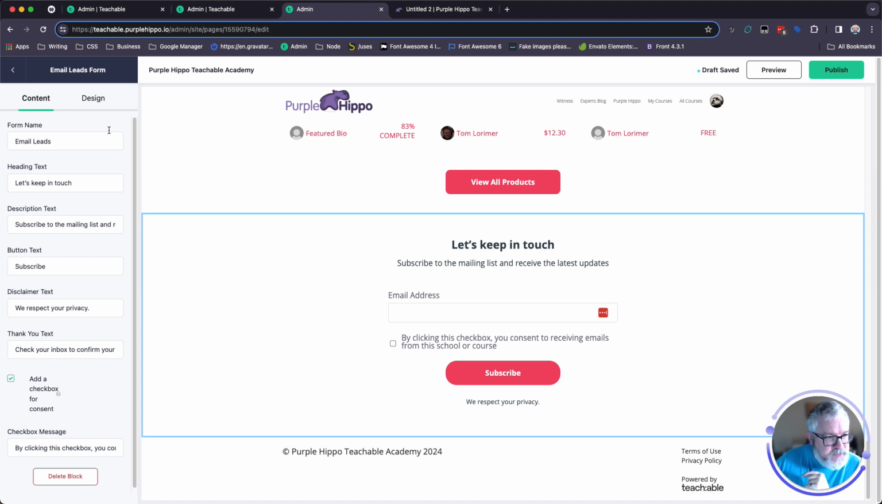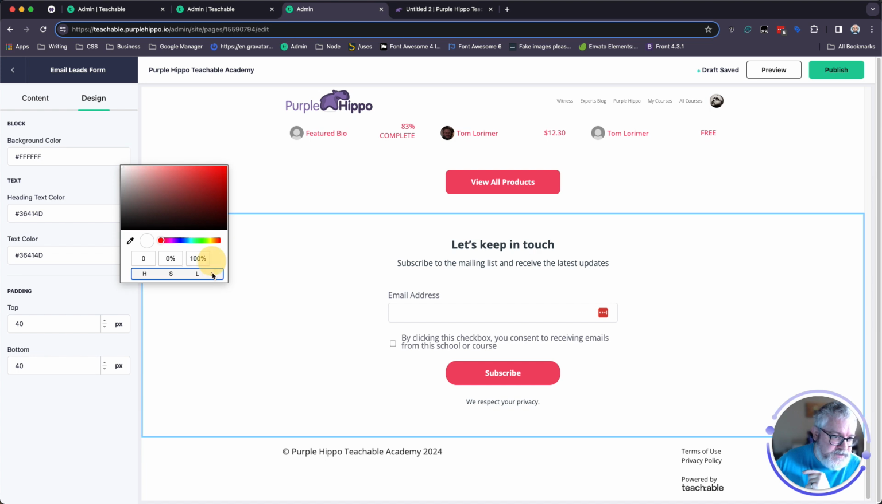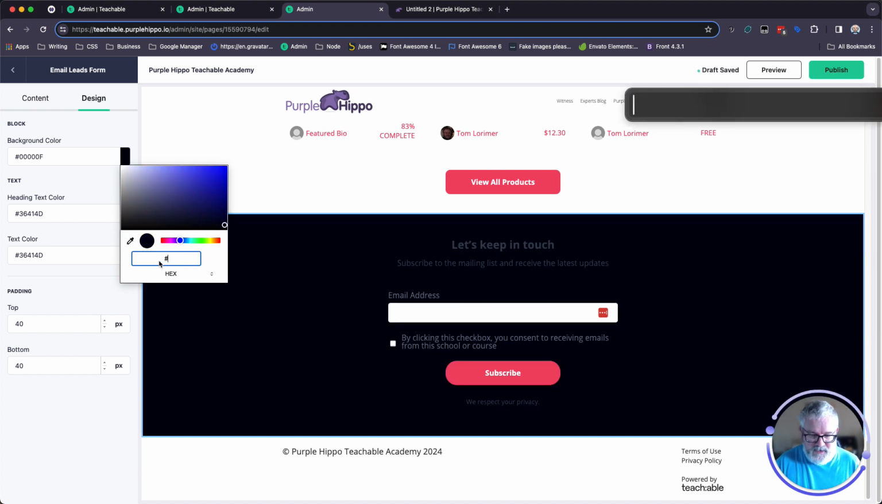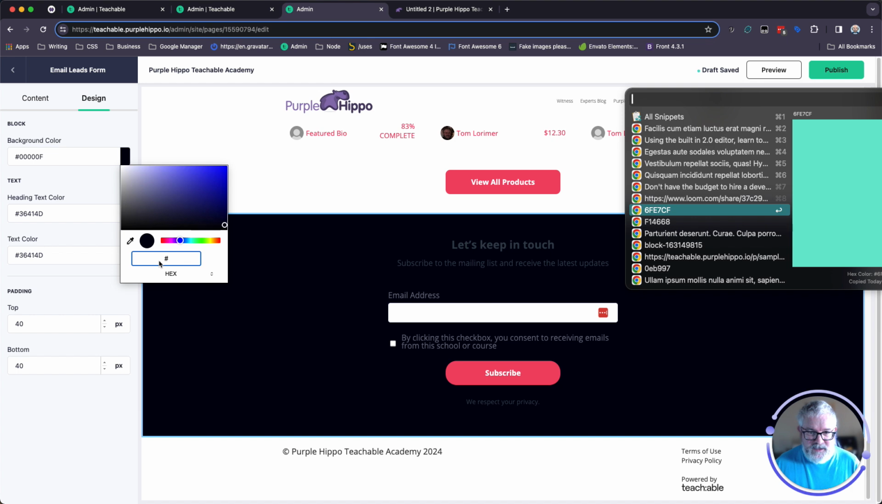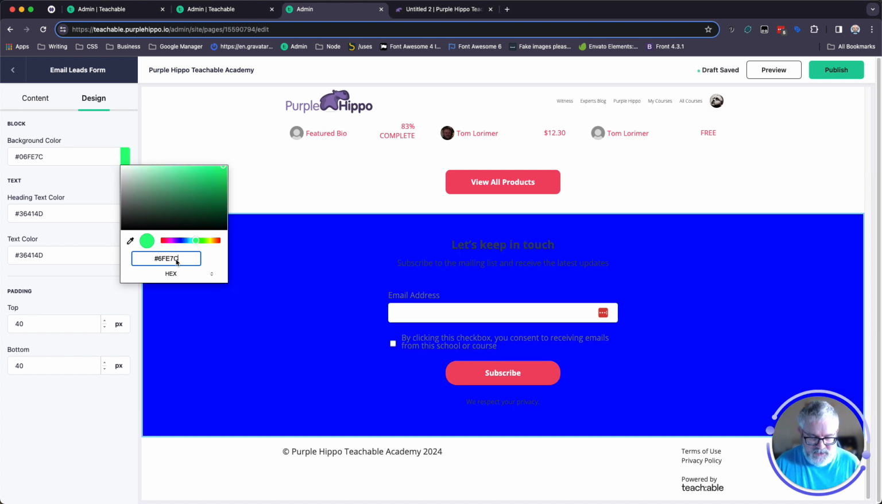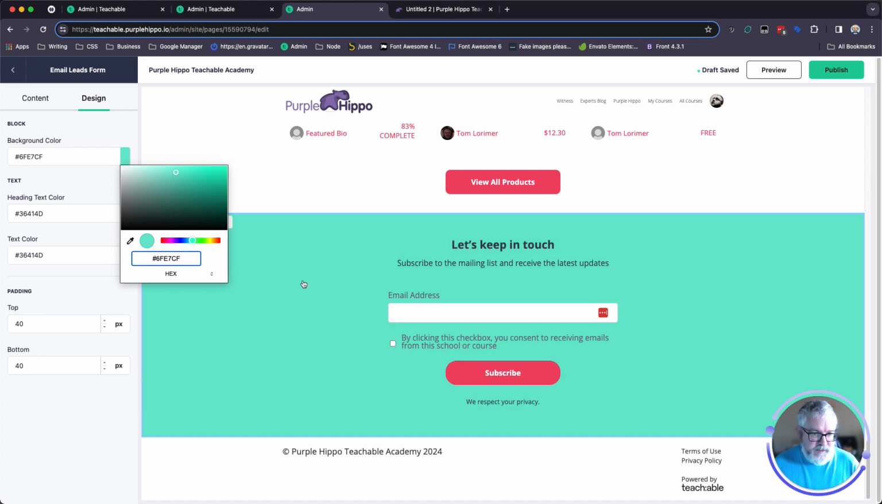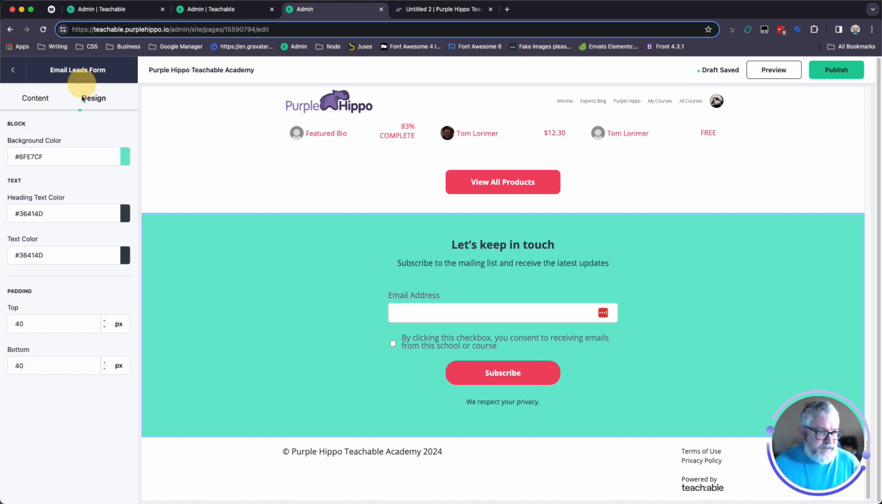leads form, we just want to change the background of that to the color that we were using for the green. And again, we're using that light color of green. So let me grab that light color. I don't even think I have it on the clipboard at the moment. It was the 6FE7CF. 6FE7CF. There we go. And then I changed the color of the text here to white,